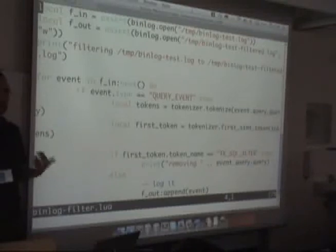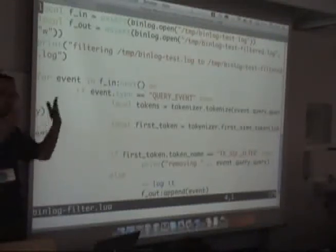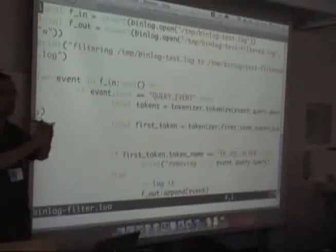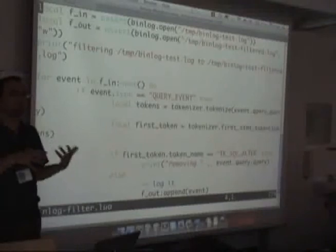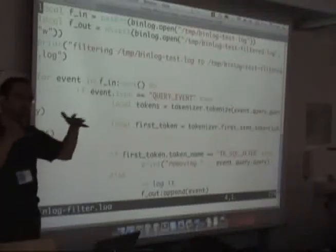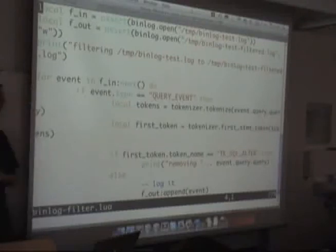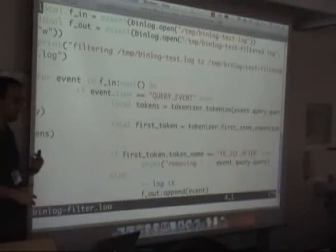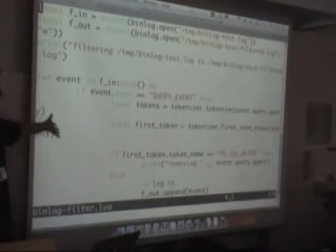Either you want to insert the whole binlog into a new server, so you want to have all the changes, but only the changes to this one table, to this one database, from a given timestamp, whatever. You want to filter on some condition and create a new binlog that you then insert into the server. There was really no flexible way of doing it. So instead of providing you the tool that does it, I just give you the library, some scripting, and